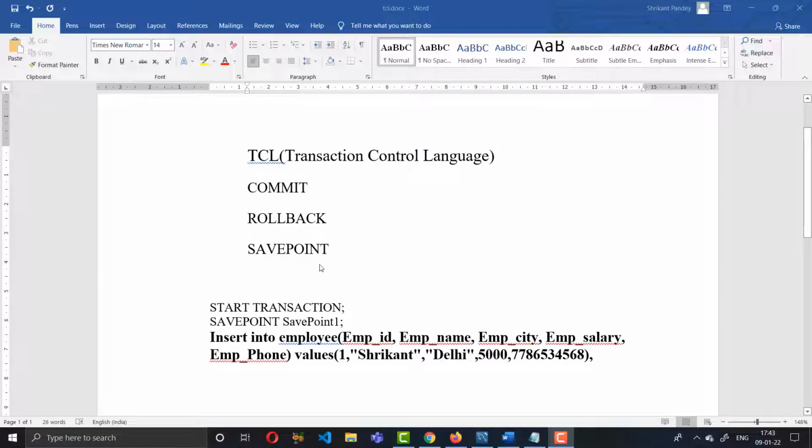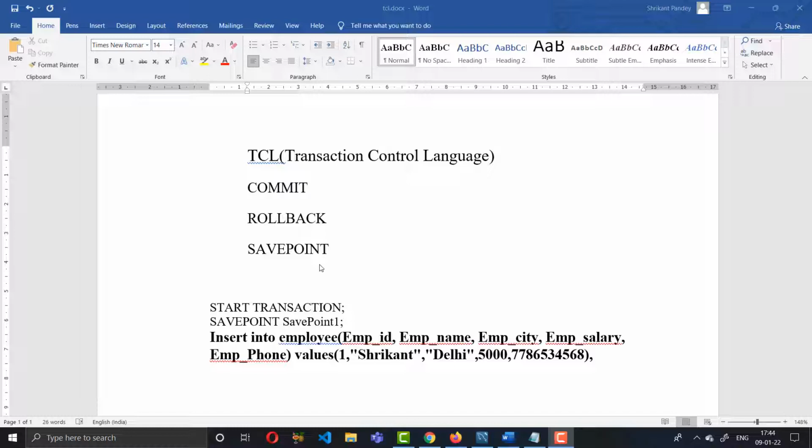What is a transaction? Suppose you deposit some money in your account, and after some days you deposit some money again, so the transaction is completed. And after some days you withdraw some money from your account using UPI or an online system. And again some days later you deposit some money.